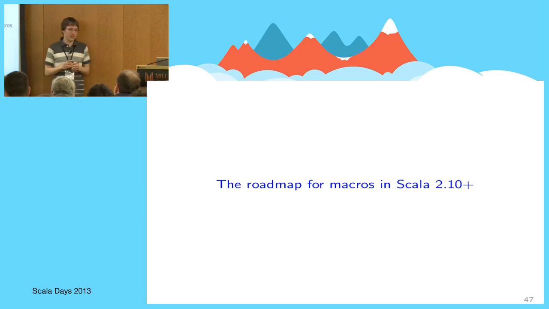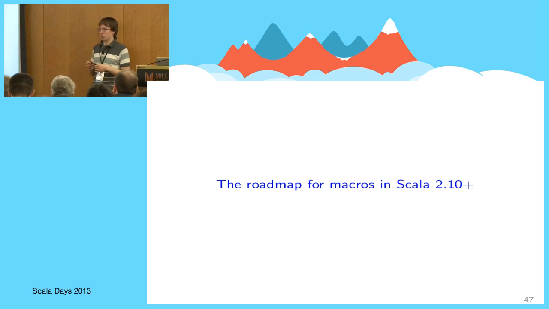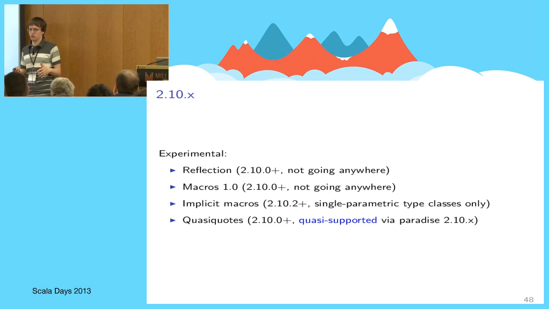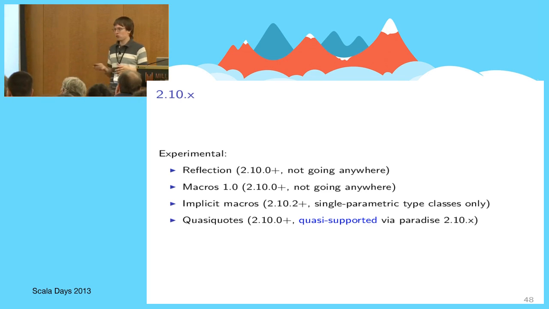Okay. And now, finally, it's time to announce the roadmap. It was posted on Scala internals a week ago, so I don't spill any secrets here. But I thought that it would be great to put it into one place so that there's no confusion. First of all, macros in 2.10. Macros in 2.10 and the underlying reflection API don't go anywhere. They stay where they were, and we won't touch them in 2.10.